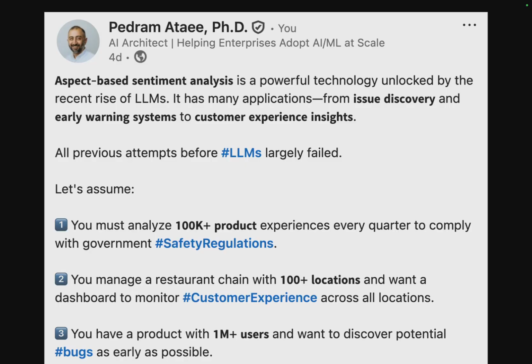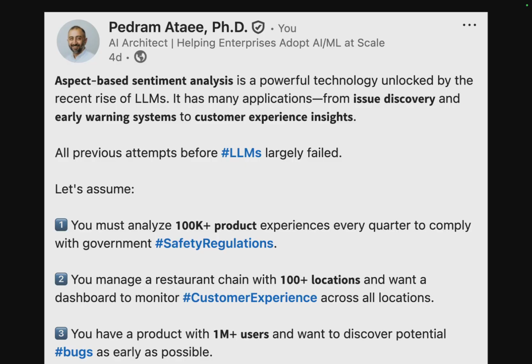You have 100 plus locations, you are clueless about the quality of service that customers receive in those locations, and you want to monitor them. How cool would it be if you could receive all of these customer reviews and experiences in a very small, clear report on your mobile. That's very possible with this agentic AI solution and LLMs.